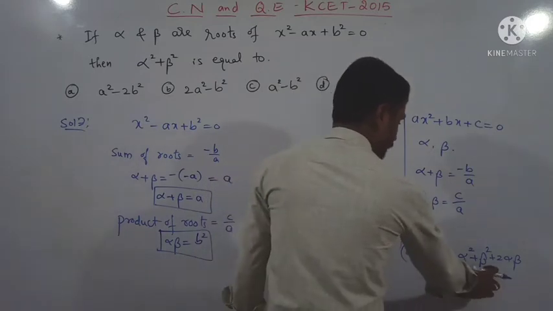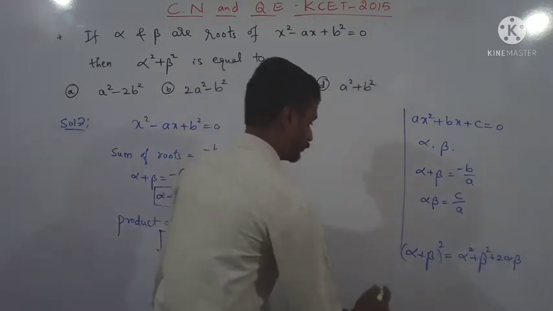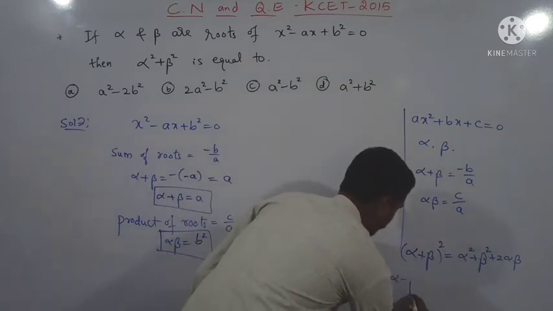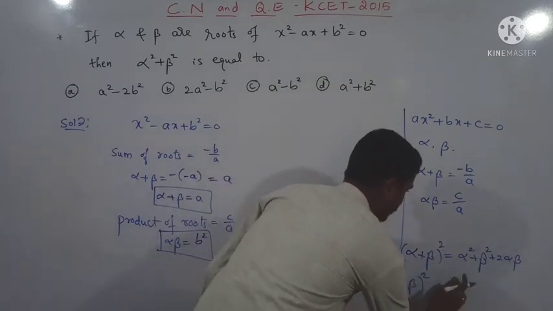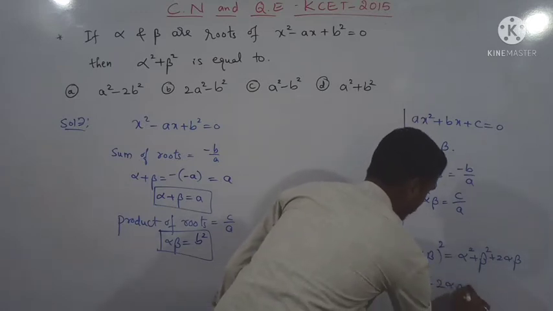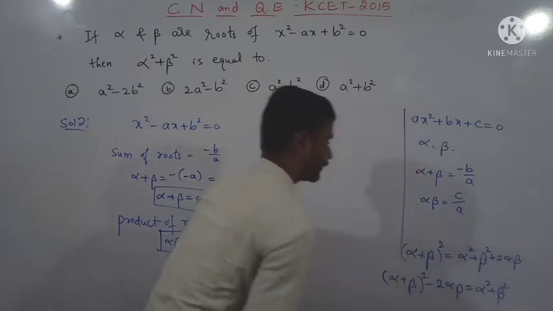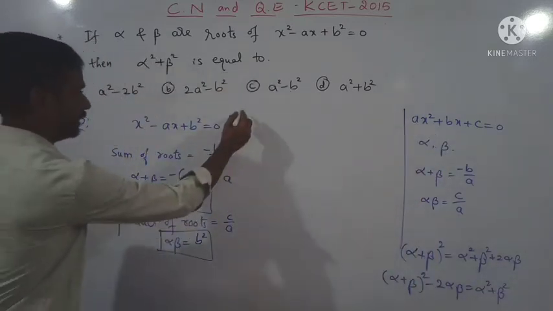I need only alpha square plus beta square. This 2 alpha beta, I shift to the left hand side. Then alpha plus beta whole square minus 2 alpha beta is equal to alpha square plus beta square. Therefore, I can write it as